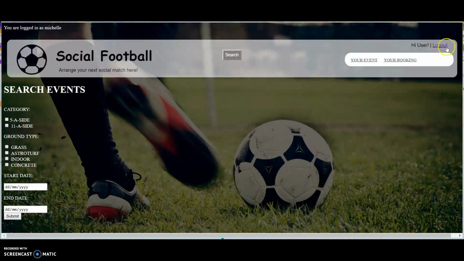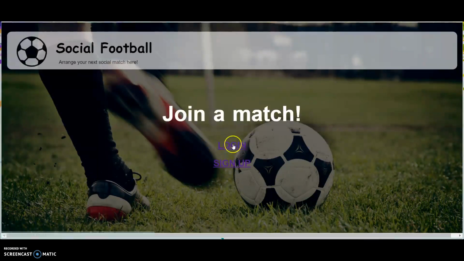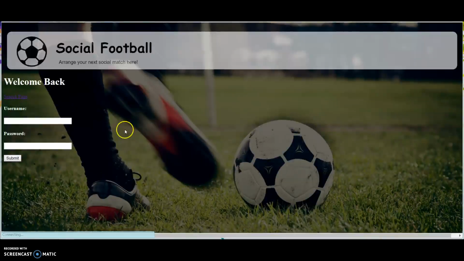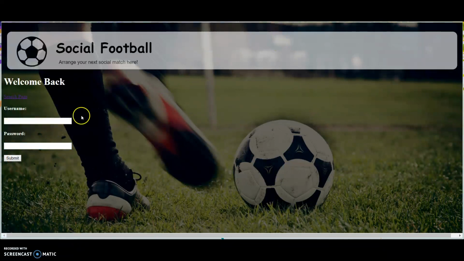Alright, so now let's log out and go back to the home page and log in with an existing user. So if the username and password does not match, such as Shirley Fang, and I just say password, the username and the password does not match, so therefore we have to enter the correct username and password,